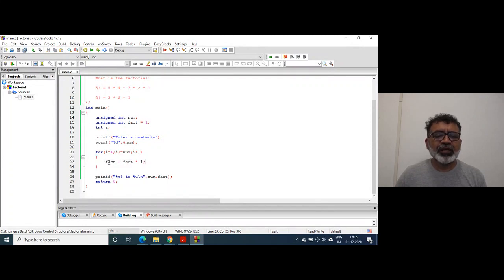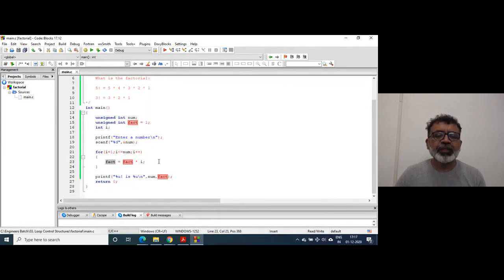So you are saying fact is equal to fact into I. The initial value of fact has been initialized to 1. So 1 into the initial value of I, which is 1. So 1 into 1 will be stored in fact itself. So during the first iteration, the value of fact is 1.